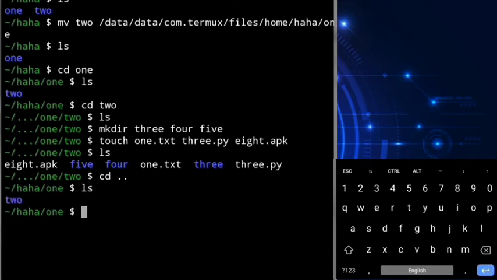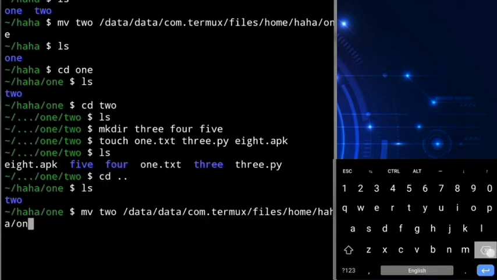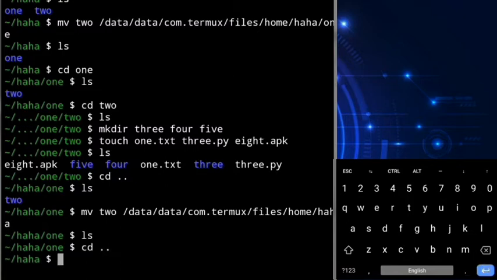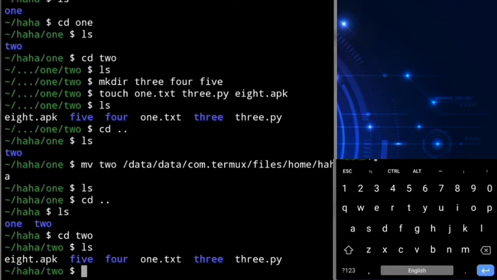I will try to move it outside the directory 1, that means inside haha directory, mv 2. And we will paste the same path that we copied last time, but I will erase /1, so the path will be for haha directory, and hit enter. Now directory 1 is empty. Let's move back to haha directory and here we can see directory 2, and if I change my working directory to directory 2, to make sure the files and folders are also moved with the directory. So yes, they are also moved too. So with mv command you can move both empty and non-empty directories.